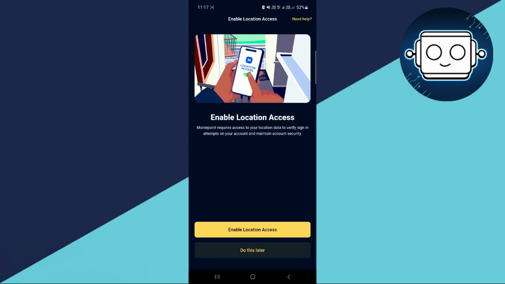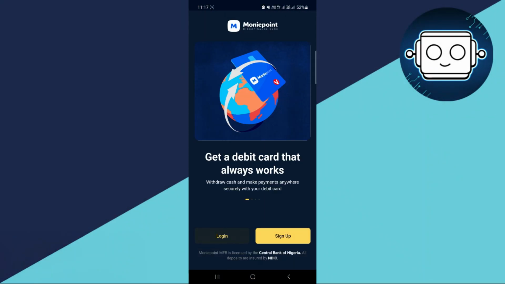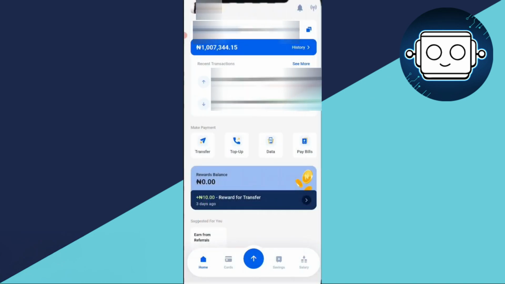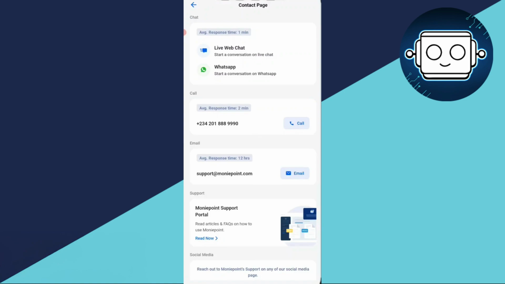First, head over to your Moniepoint app, then just log into your account. So now, after logging into your account, if your account has been restricted or blocked or whatever, just tap on your profile at the top left corner. This is my profile and support. After tapping on help and support, the next thing you need to do is you'll see this